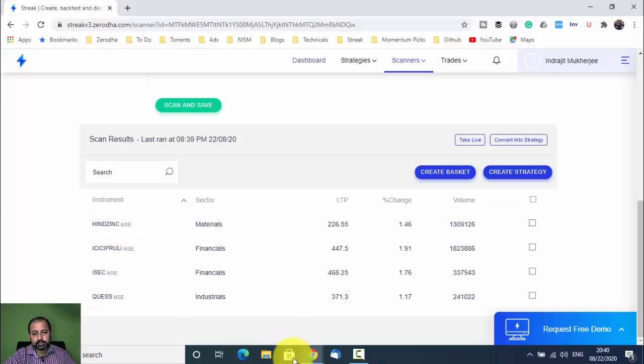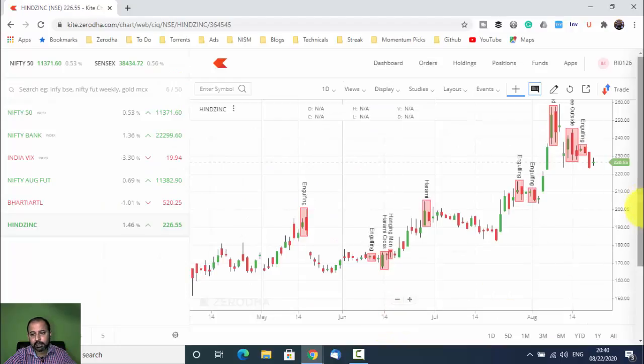Oh, you have already checked Hinge Inc. Hinge Inc has a bullish inside bar. So the formula for Harami and bullish inside bar is almost same. You can see there was a big bar, big volume bar last day, and then a small bar. So this is a criteria for Harami pattern. So this is also a bullish inside bar. You can see this is a bullish inside bar. So Hinge Inc is actually matching this particular pattern.